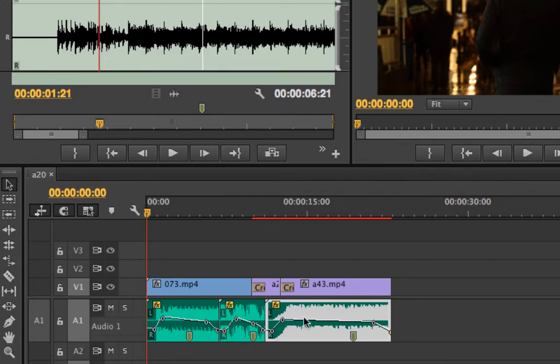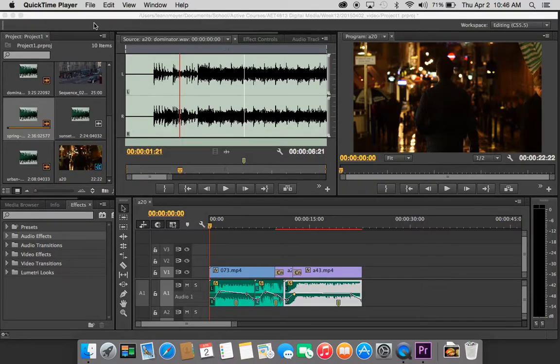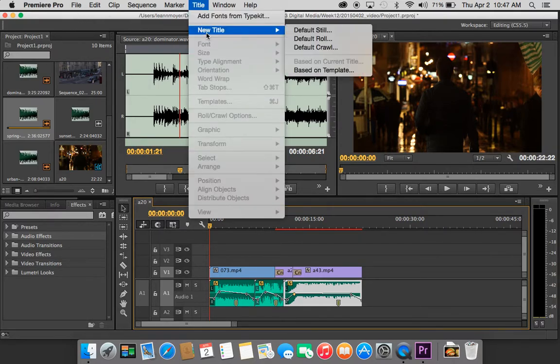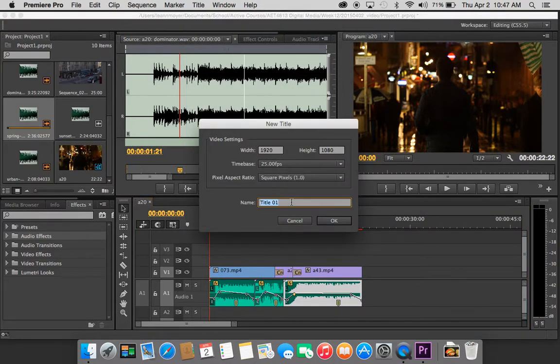So once you're done adjusting your audio, it may look something like this where it transitions in and out. In your video, you're probably also going to want to have some clips, some text, at least at your introduction and at your close. And to do that, you go up here to titles and new title, and you do default still, and it brings up a